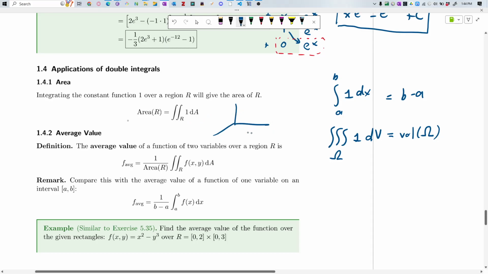If we just draw the picture, you have some region R. If you're integrating the function 1, it's like saying this region has height 1, whatever it is, and the two-dimensional integral is measuring volume. The volume of this region is going to be base times height. Well, the height is 1, so the volume,